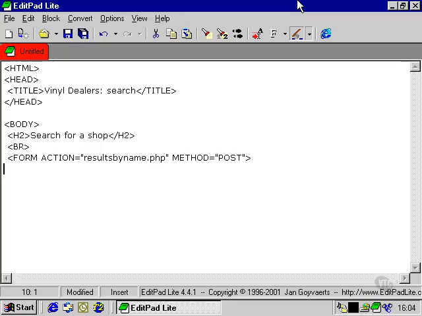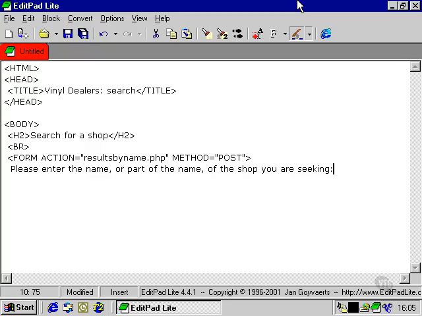But it won't make very much difference at present. So here we're going to put some instructions for the user. Then a line break,